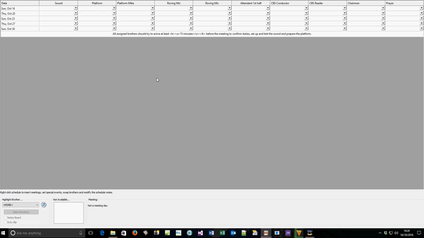Hi brothers, for those of you who use the regular editor in Meeting Schedule Assistant, sometimes you want your printouts to have the columns in different orders. So for example, at the moment here in the editor we have all of the assignment columns, and when we do a print preview